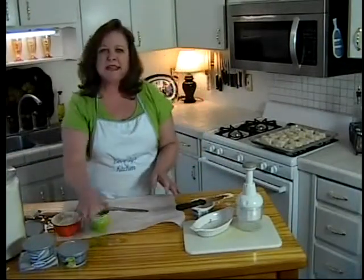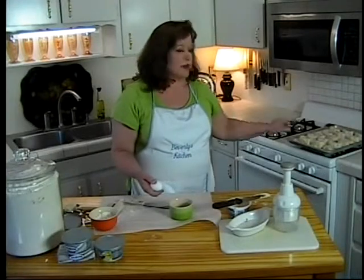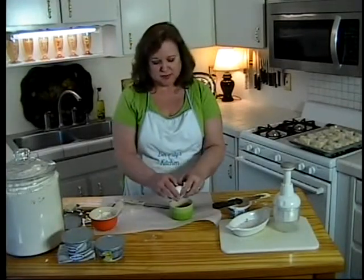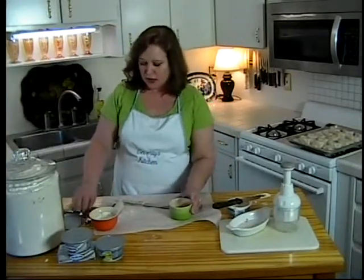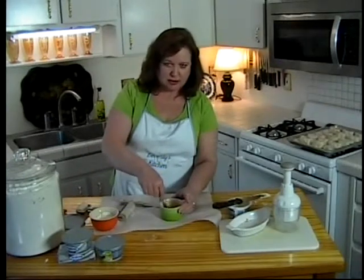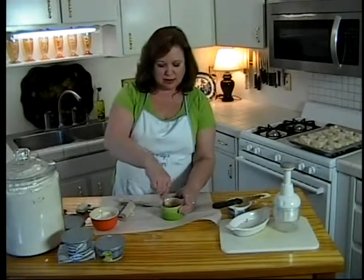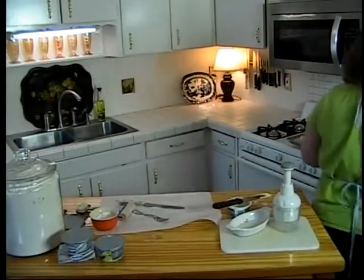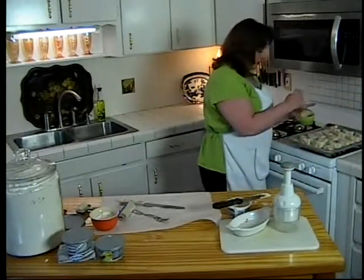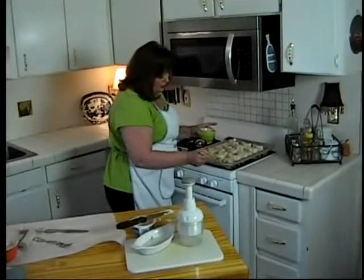Right. Last thing I've got to do is take this egg, beat it up, and I'm just going to brush glaze on the dough so that it'll come up nice and brown. Need to get my little brush. Okay. Taking a little brush here and just brushing each one of them so that the dough gets nice and golden